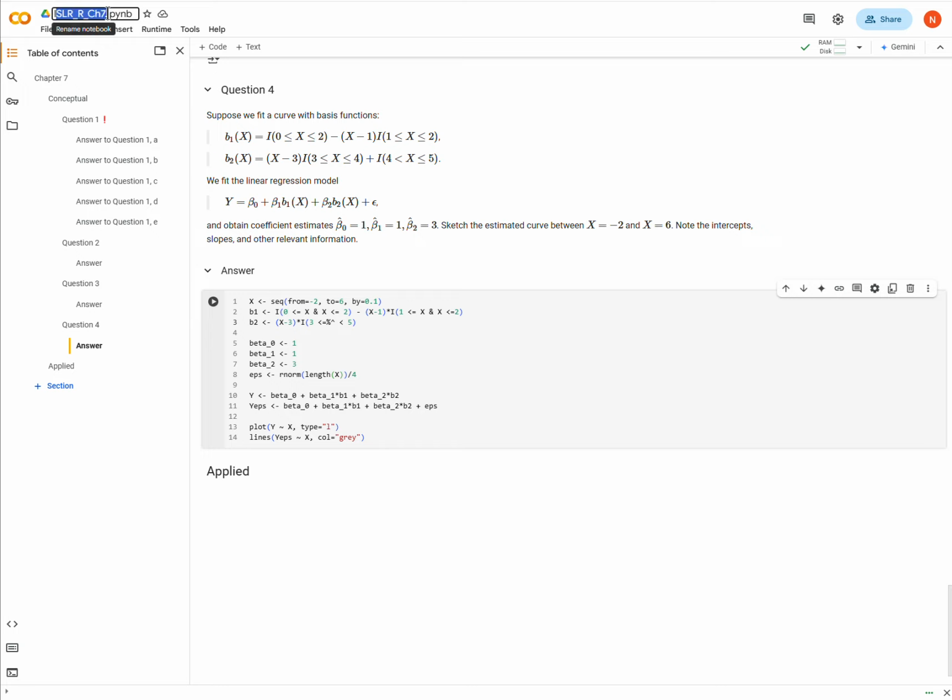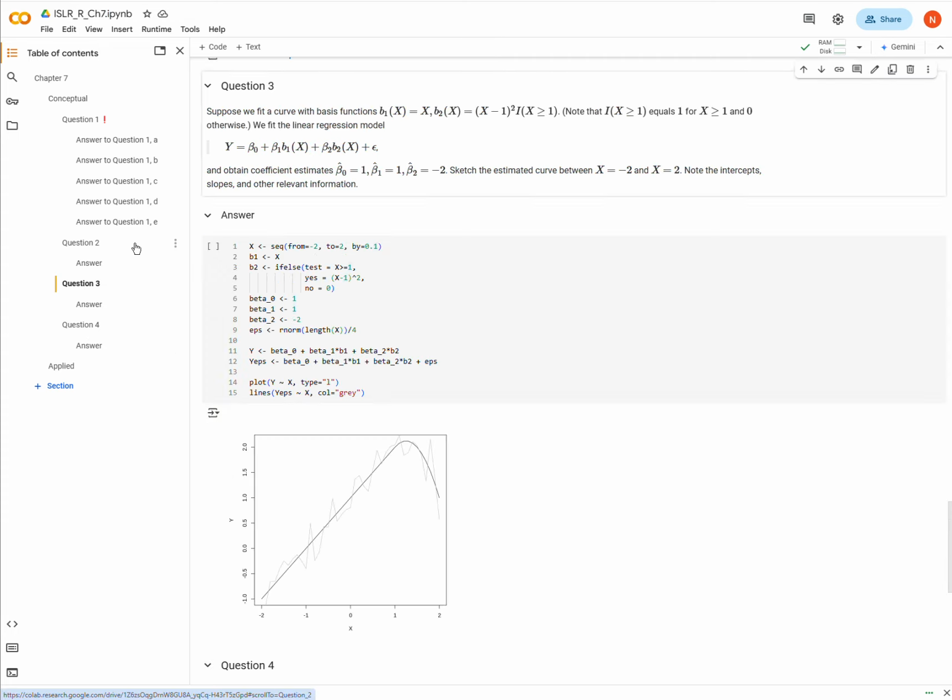Introduction to Statistical Learning, Chapter 7. We're in the conceptual questions, question 4. And question 4 is very similar to question 3, where we're given some basis functions and a linear model for